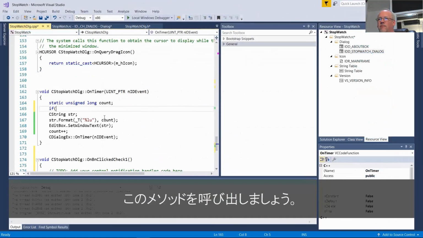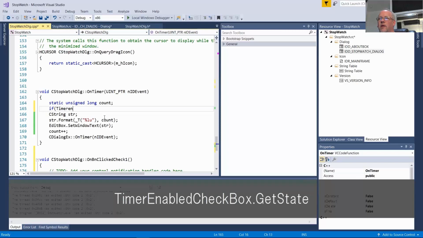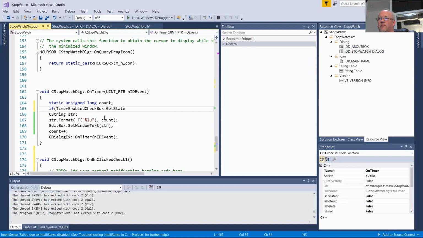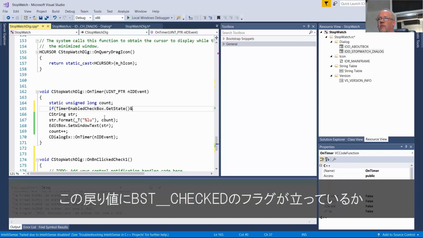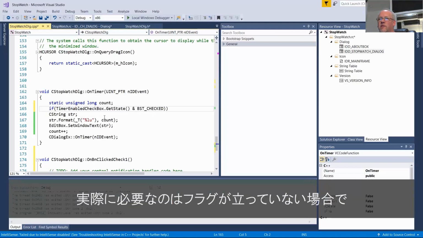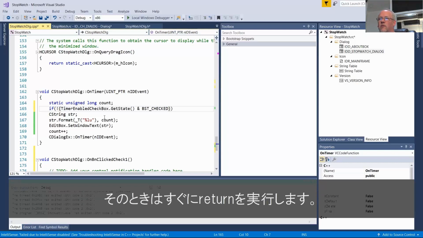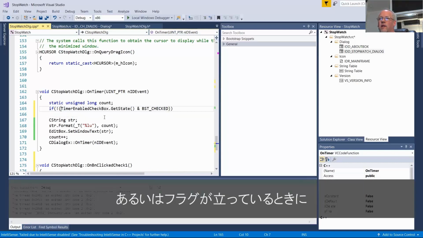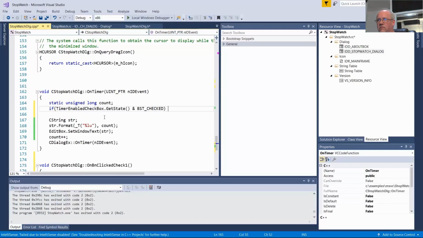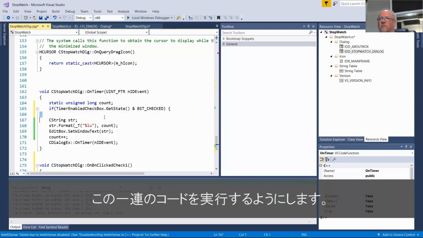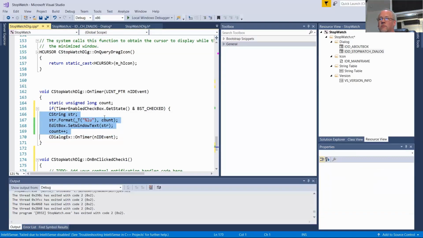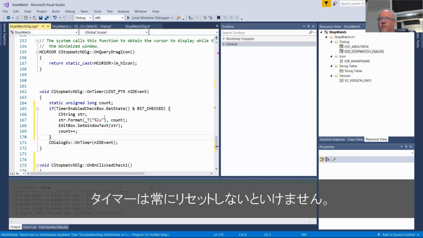We want to call that method, timer enabled checkbox.GetState, and compare the return value to see if it has that checked flag. Really we want to see if it's not set, then do an early return here. Or another way to do it would be to see if it is set, then do all this code here. You always want to reset the timer though.